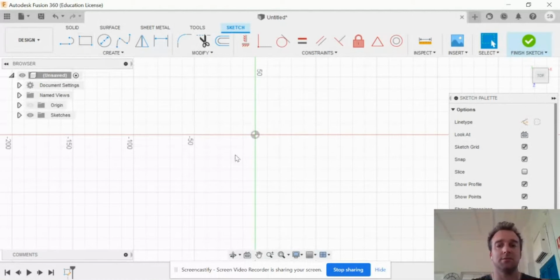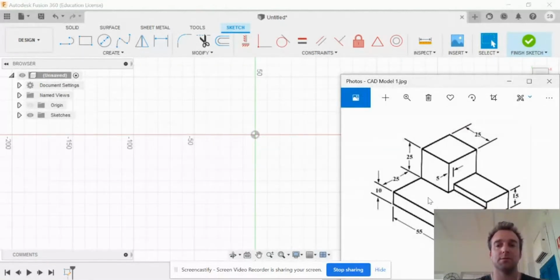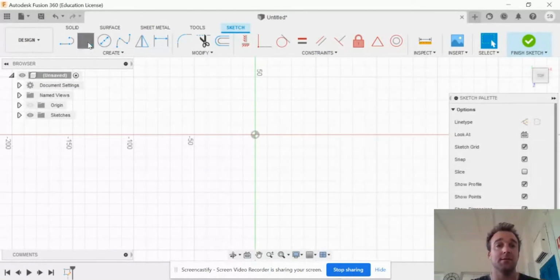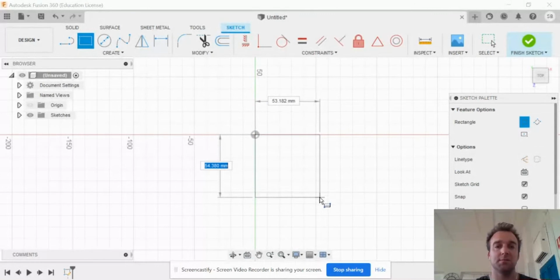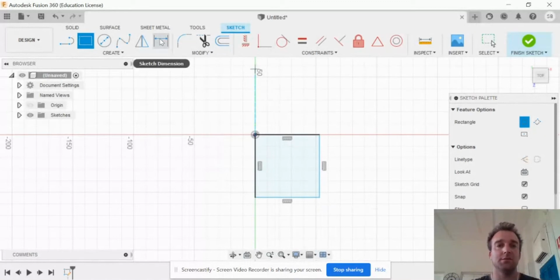So to do that, we'll flick back to our model and have a look. We can see last week we started with the base. Again, you can start a model any which way, but we're going to start from the base again. So the aim here is to draw a rectangle which is 55 by 50 and 10 millimeters high. So here we go. You can just drag it out. You can roughly see the dimensions. You can either type them in as you go, or you can click the dimension button up here,